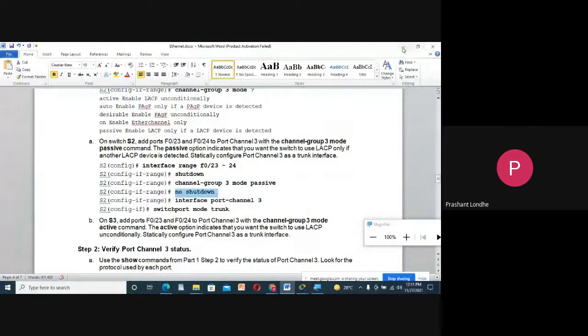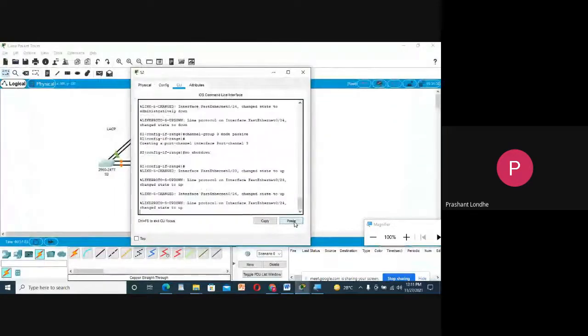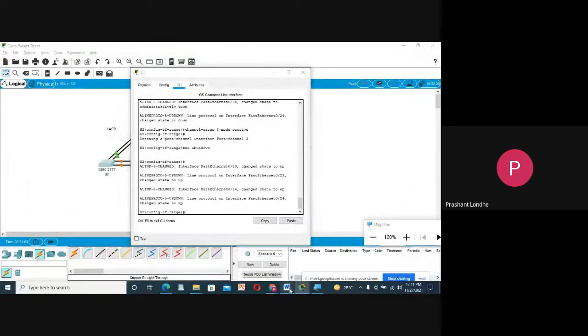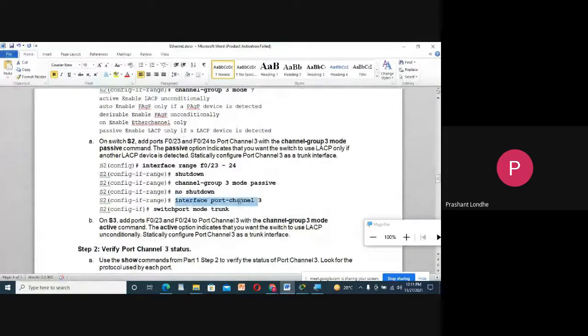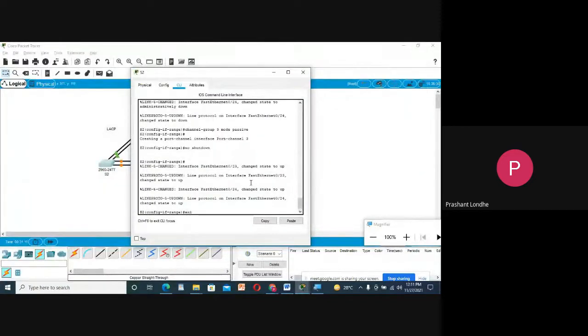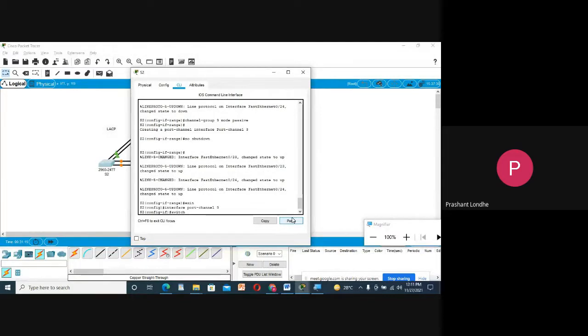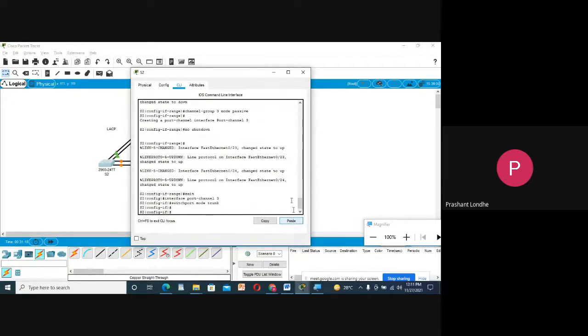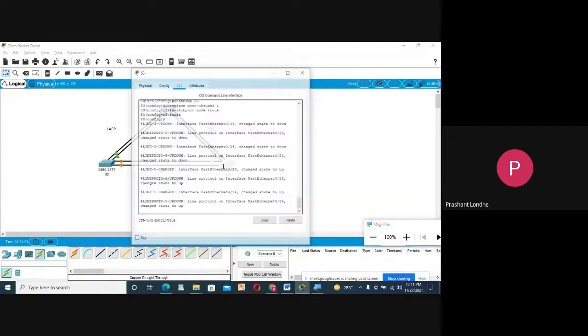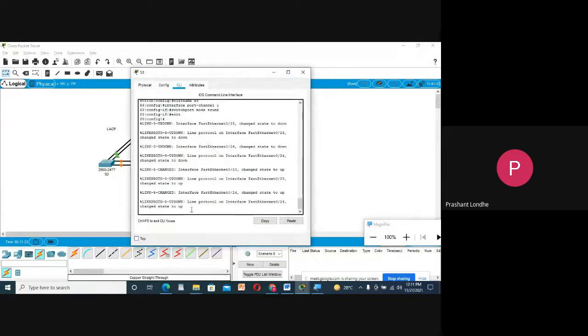No shutdown. And again you need to create the interface, that is the trunking channel over here. So let us do switchport mode trunk. Done for S2. Let us do the same thing for S3.